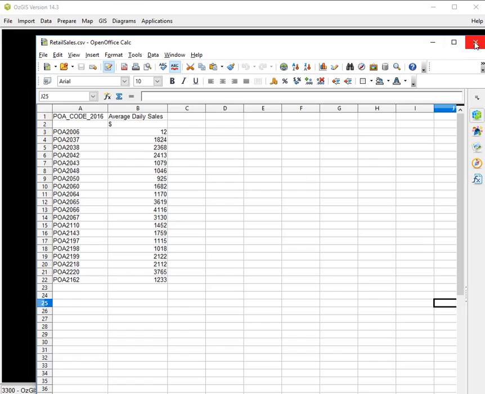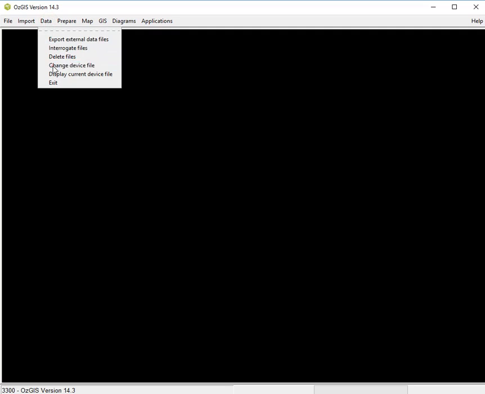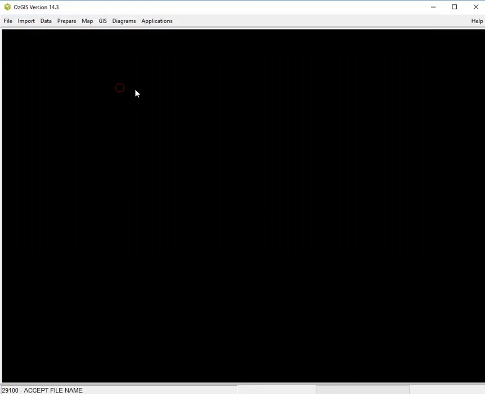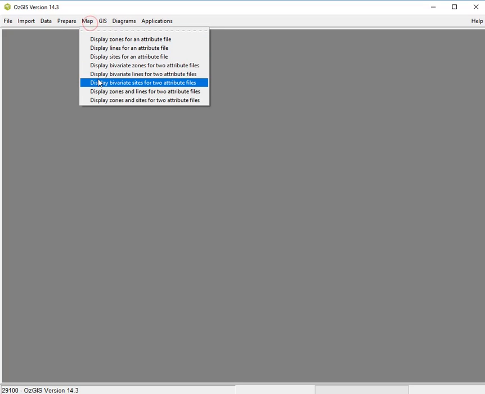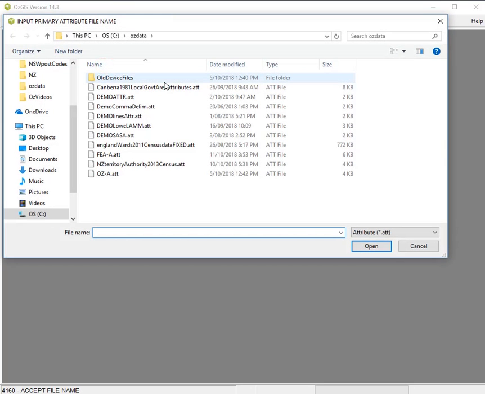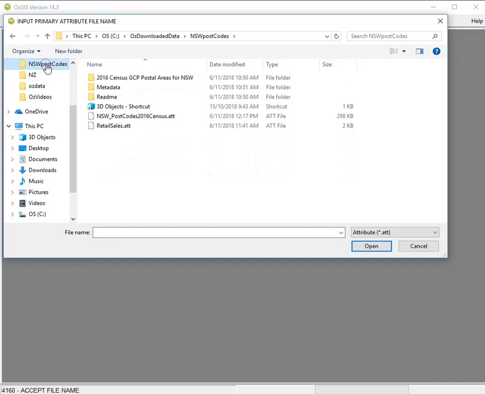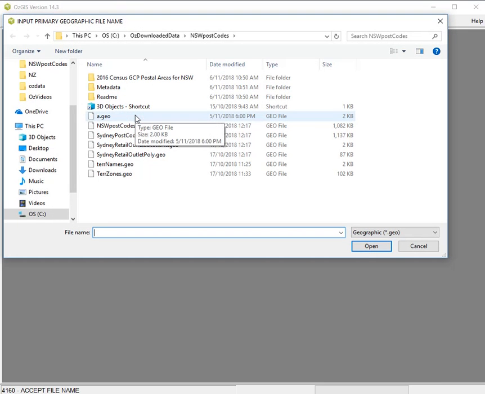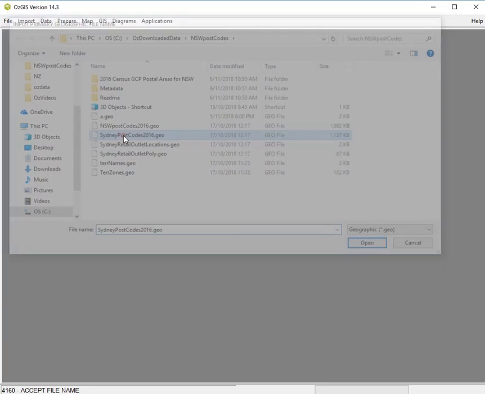So for example, what we can do is a bivariate map, so we'll perhaps choose a bivariate colour, and we'll map a bivariate zones on which we're going to prepare our retail sales and compare them to the census data. So Sydney again,